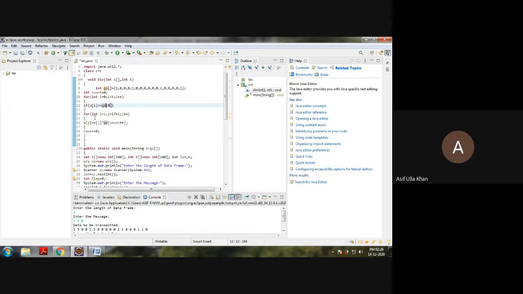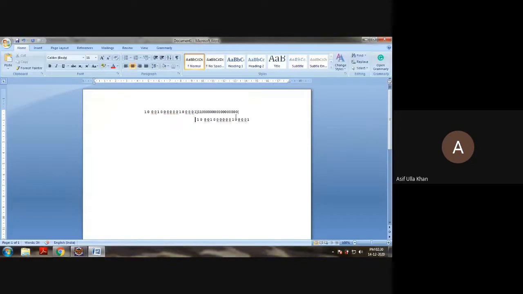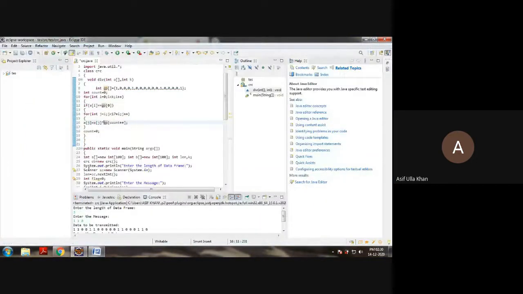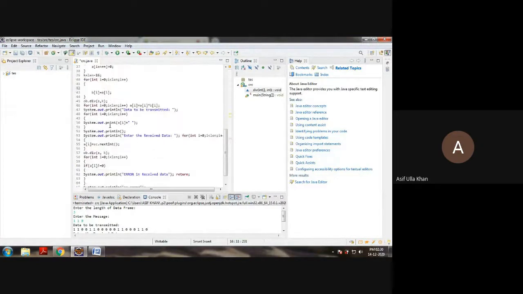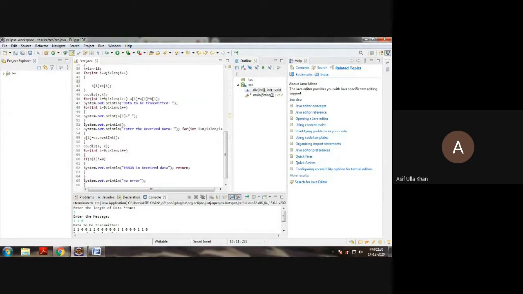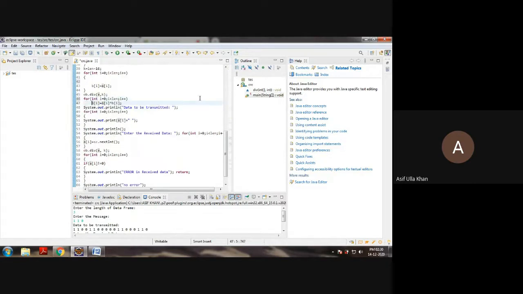Then it enters the inner loop of j and does the XOR operation. Here I have done the whole XOR operation in a single shot, but actually it is going to do it for every single bit. Once it takes the results and comes back here, I again check the next step of the XOR operation, that is, a of i XOR b of i. That is to check whether there is an error or not. Now I need to check whether I will get the data to be transmitted.